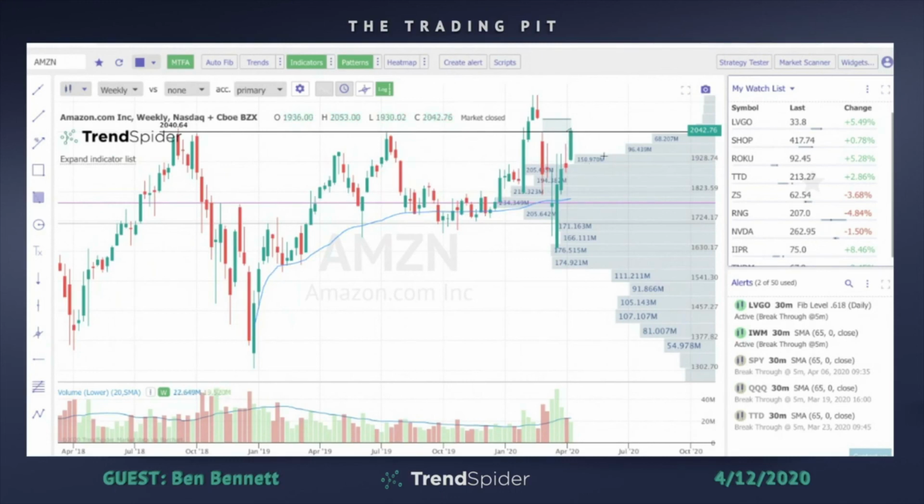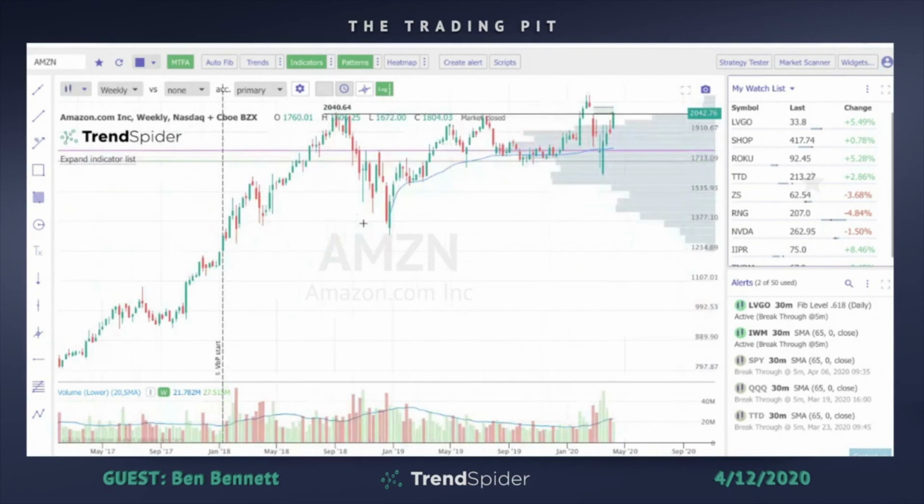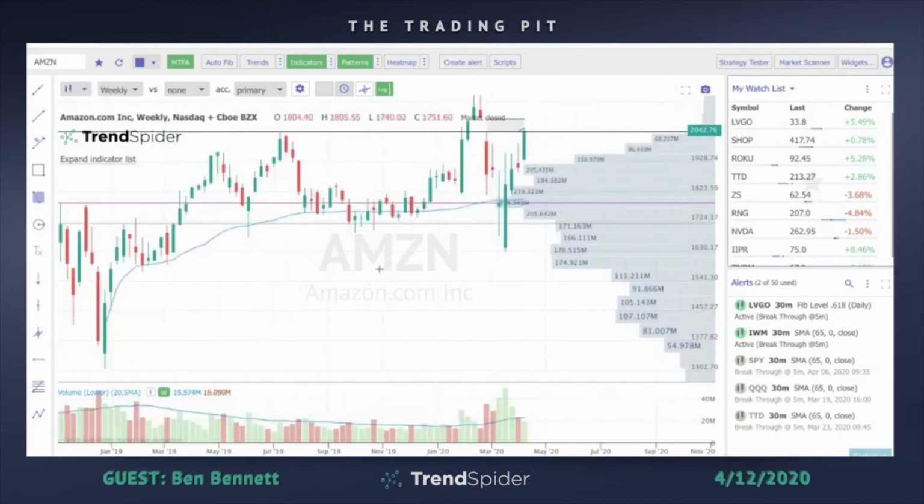And like you said, you have a basing area here where there's a lot of volume, and now you're kind of pushing through this resistance. So yeah, that looks good. Beautiful. Yeah, and we're right at that previous area of resistance too that you showed there. So that's another area that, if it breaks, then I think that gap is dying to fill. Agreed. Completely agree. We'll have to see what happens, but thank you so much, Ben, for sharing your charts.